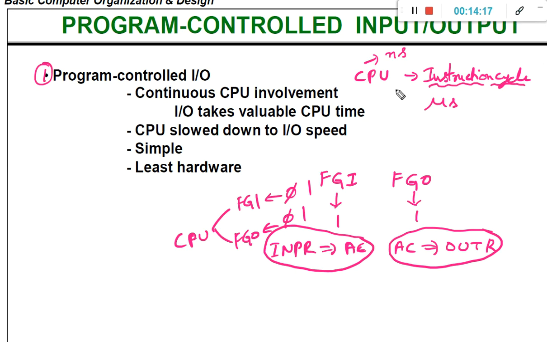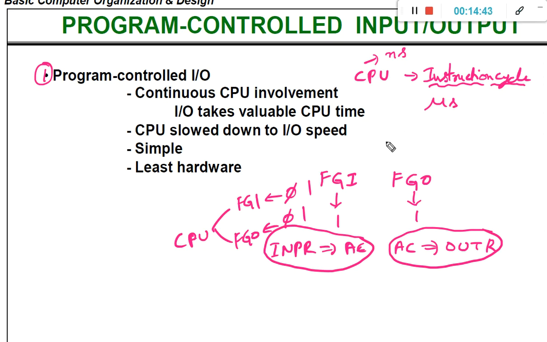What does it mean? It means the CPU executes instructions very fast compared to the input-output device, whereas the input-output device performs IO operations very slowly.